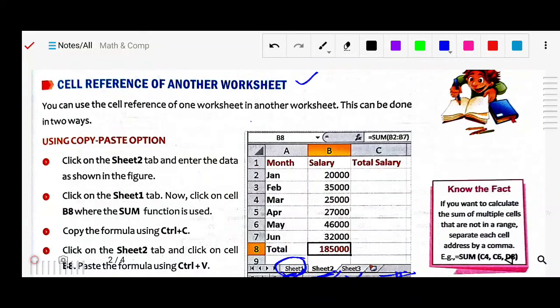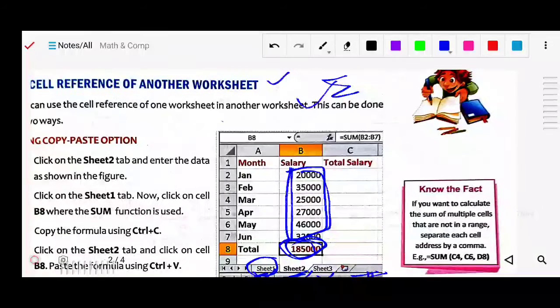First method, do you know what the first method is? You can select all of these and simply click on the AutoSum button, so that value will come here. Simply click your mouse button on the particular cell where you want to get the result, and click on AutoSum, so you will get the sum. That's one method. Another method we had seen, what was that method?